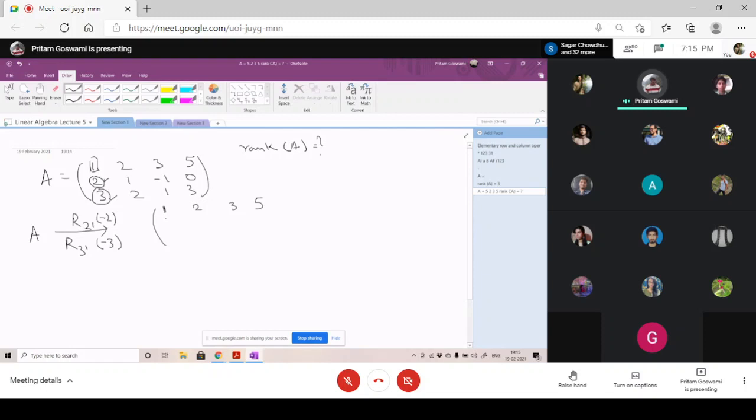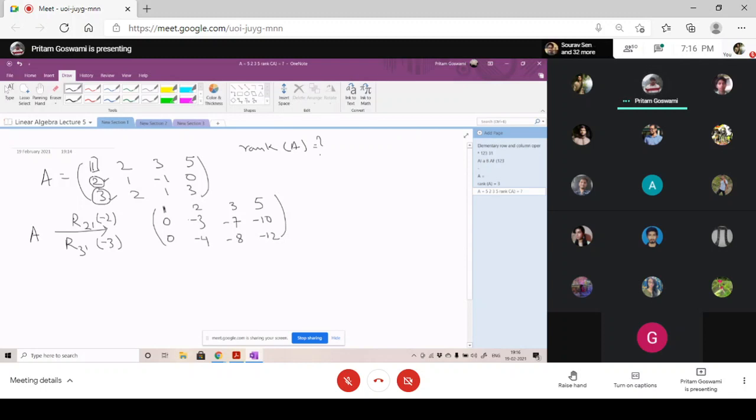The second row will become 0, -4 plus 1, -3, -6 minus 1, -7, -10 plus 0, that is -10. The third row will become 0, -6 plus 2, -4, -9 plus 1, -8, -15 plus 3, -12.